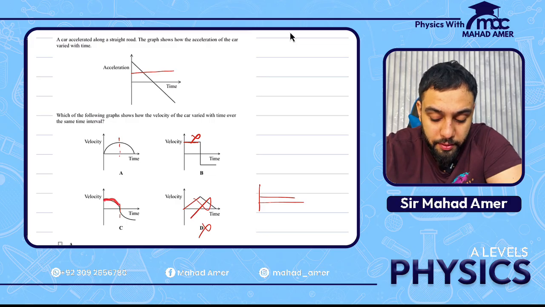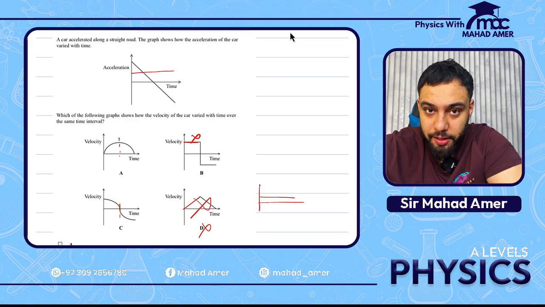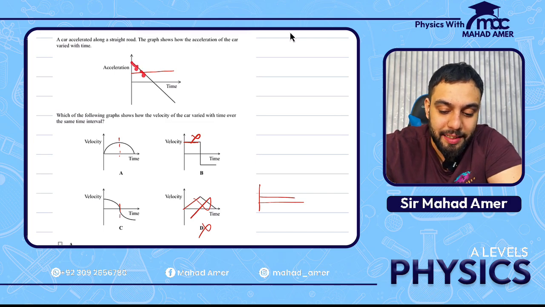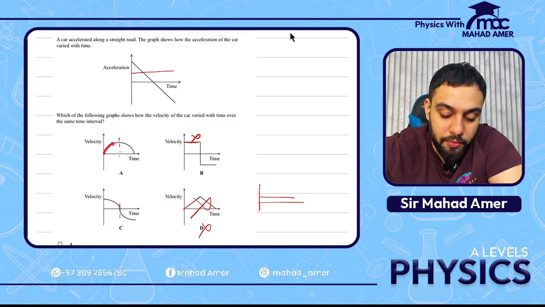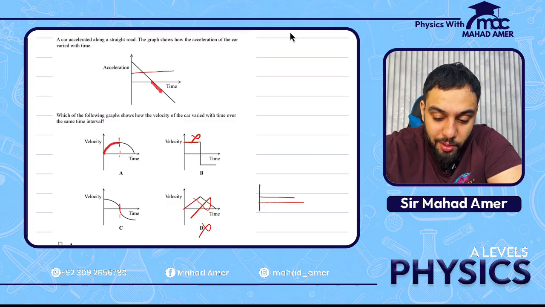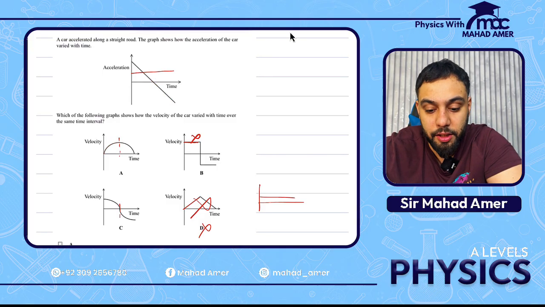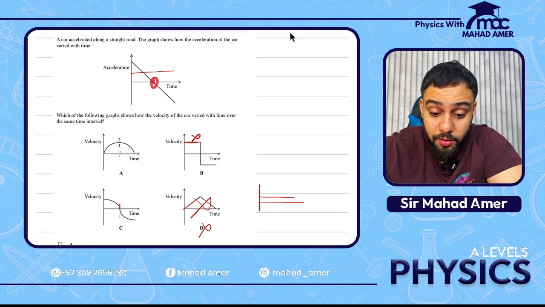If the velocity is decreasing, this should have been deceleration, and it is basically decreasing acceleration positively. So decreasing acceleration would have a curve like this, and then once it reaches zero, that means at zero the velocity became constant, so it's going to be a straight line